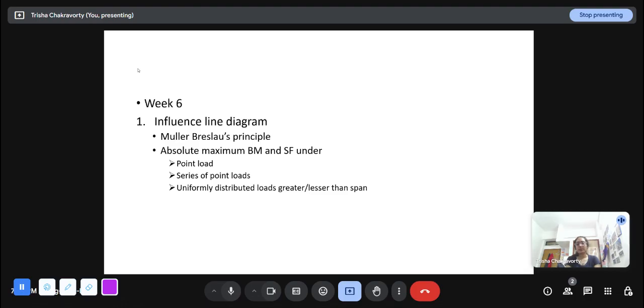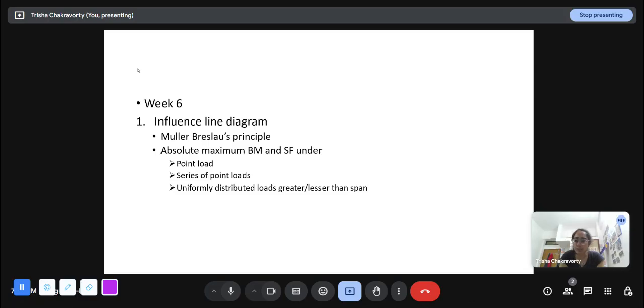Week 6 is an isolated topic. It was about influence line diagrams, where an influence line diagram is constructed in the same way as the beam along the length of the beam, but unlike in bending moment and shear force diagrams, the loads are fixed. The loading pattern is fixed, and we want to find out the bending moment or the shear force at every section of the beam. While in an influence line diagram, the section and the reaction or load that we want to see, for example shear force at the midpoint, that is fixed, and a unit load or a unit moment moves along the length of the beam. So that is how an influence line diagram is constructed.